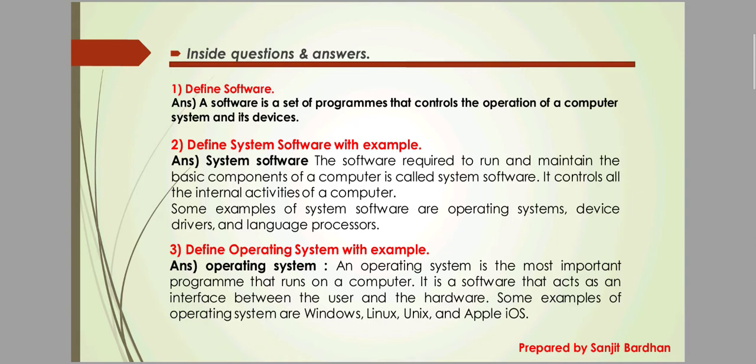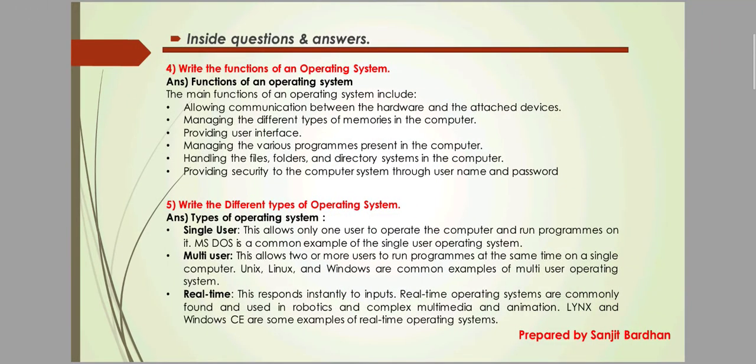Okay, next is define operating system. We all know that operating system is used to interact between user and the hardware. An operating system is the most important program that runs on a computer. It is a software that acts as an interface between the user and the hardware. And some examples are Windows, Linux, Unix, Apple, iOS, etc. Okay, so next,